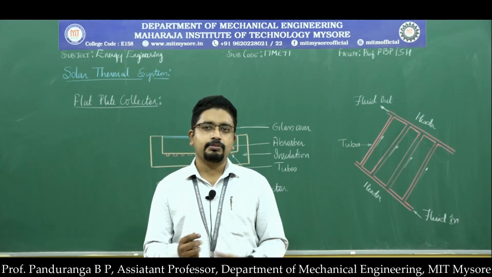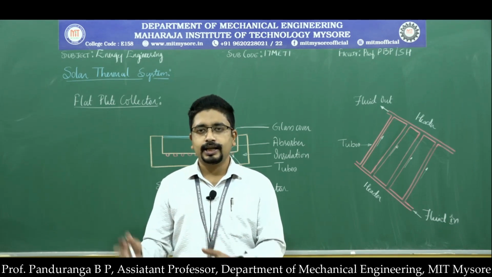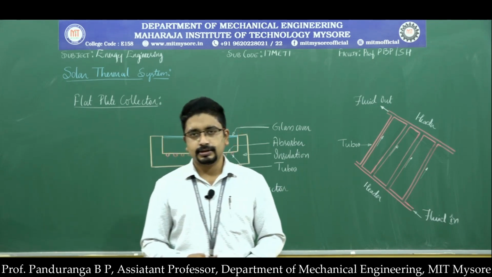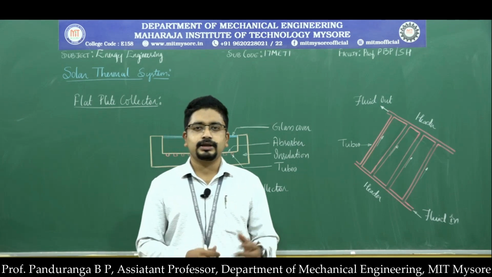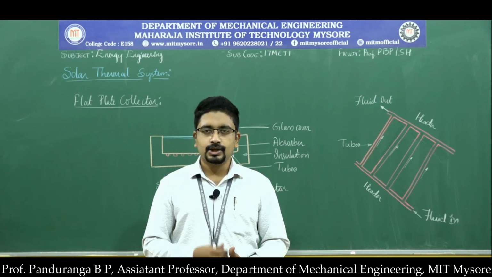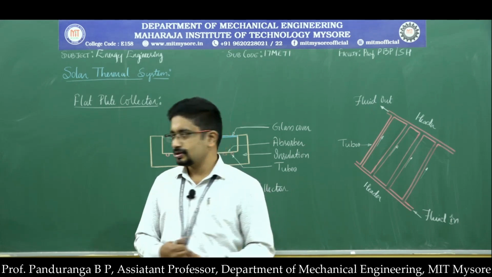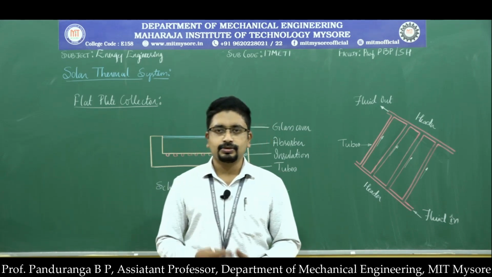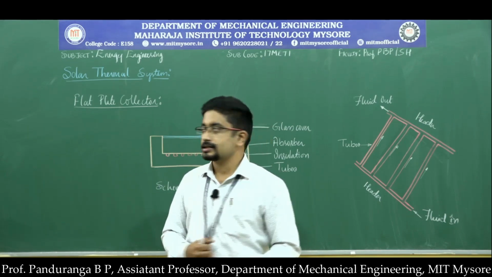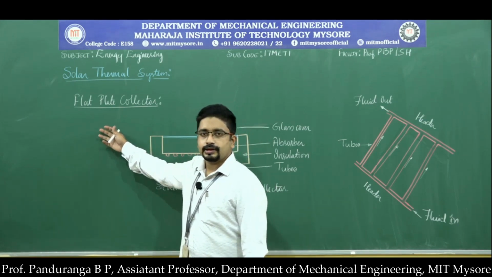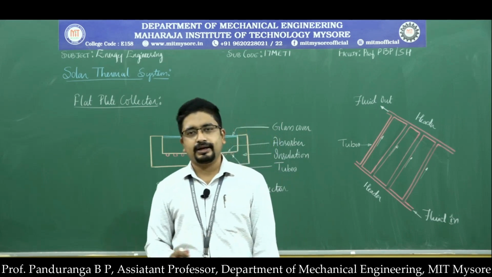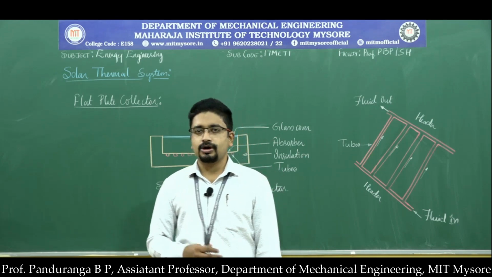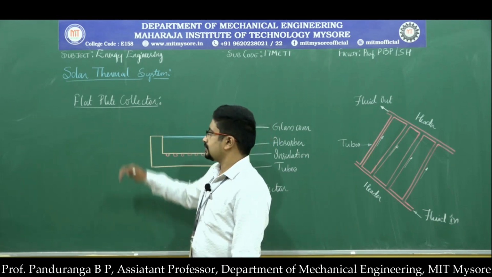Solar can be utilized in the form of heat energy or by directly converting light energy into electrical energy with the help of photovoltaic cells. We will study photovoltaic cells later in the same module. Now let us only concentrate on the heat energy available in the solar rays. Here the first and the most commonly used device to capture heat energy from the sun is the flat plate collector. Nowadays we see these kinds of flat plate collectors rarely, but these are the most commonly used collectors to heat water.